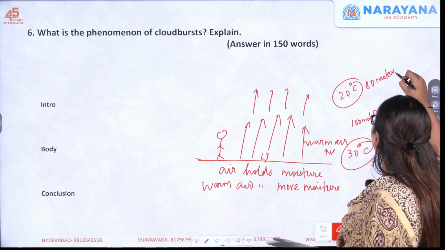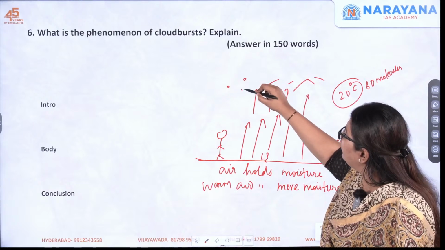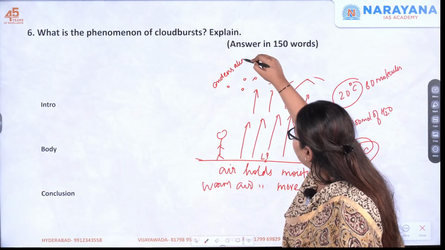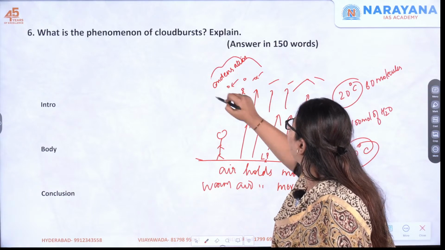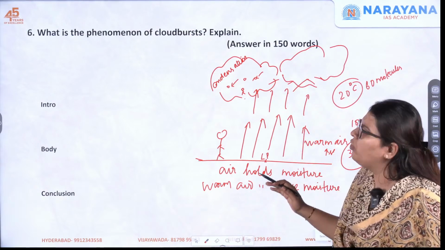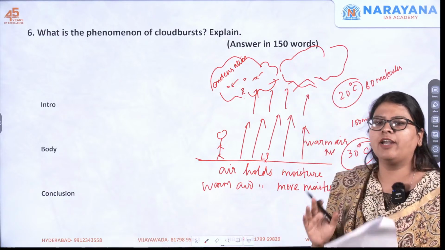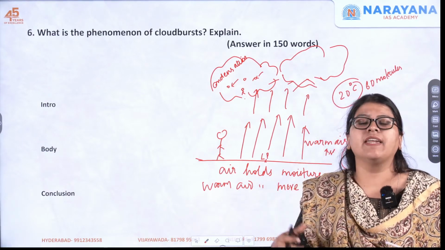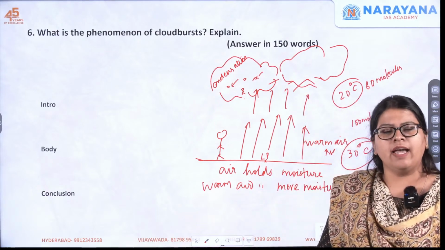So what happens to the remaining molecules? This gets dissipated out as the condensation nuclei. Okay, so this is the condensation nuclei. These condensation nuclei will attract the water molecules, and then there will be formation of clouds. Again the surface gets more heated, there is again rising of the air, the clouds get built up, and at one point the clouds reach the saturation point and cannot hold any more moisture, and that is why we have a sudden downpour of rainfall